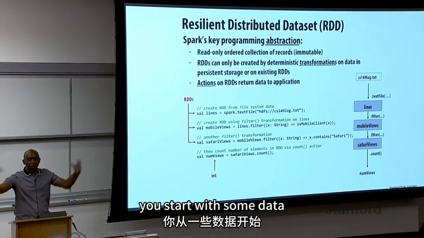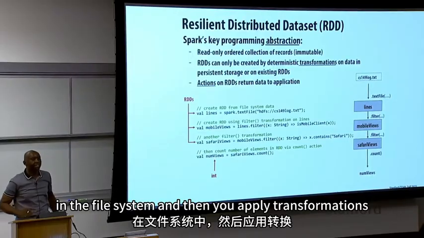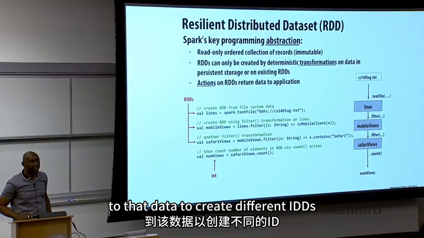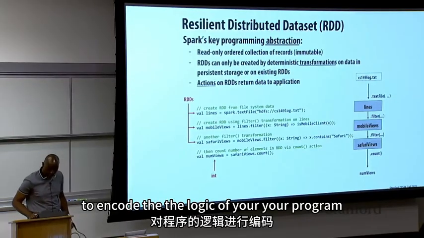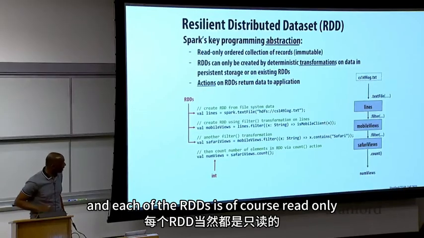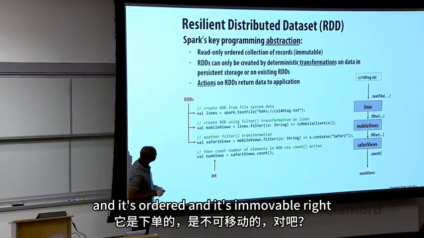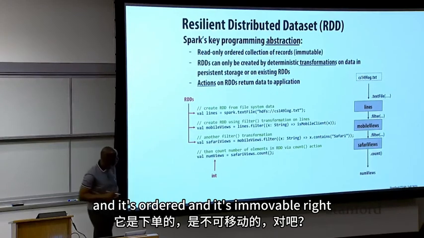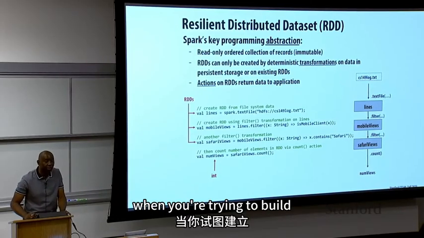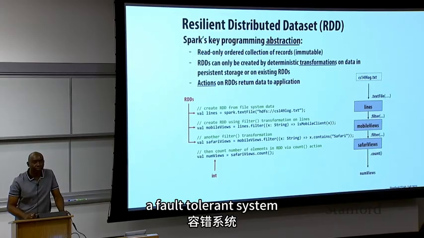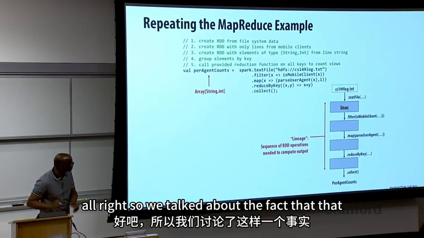You start with some data in the file system, and then you apply transformations to that data to create different RDDs to encode the logic of your program, right? And each of the RDDs is, of course, read-only, and it's ordered, and it's immutable, right? And these turn out to be very useful properties when you're trying to build a fault-tolerant system. All right, so we talked about the fact that